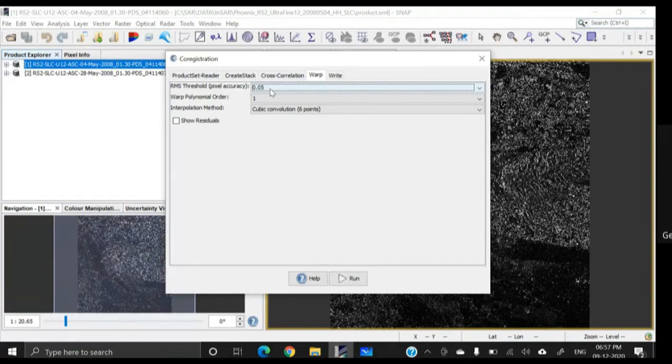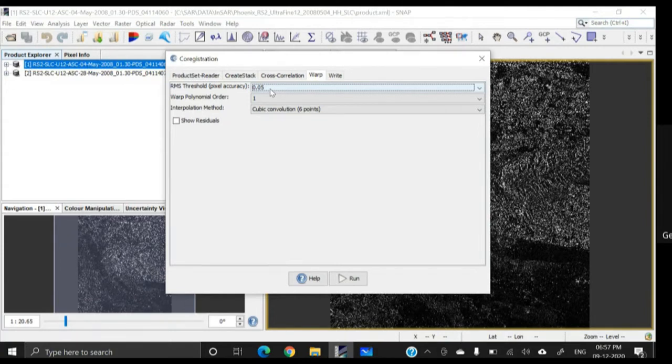But since in this case we are going to prepare a precise DEM, and based on the phase differences the DEM will be created, this co-registration accuracy should be very high, and it should be at least 0.05.